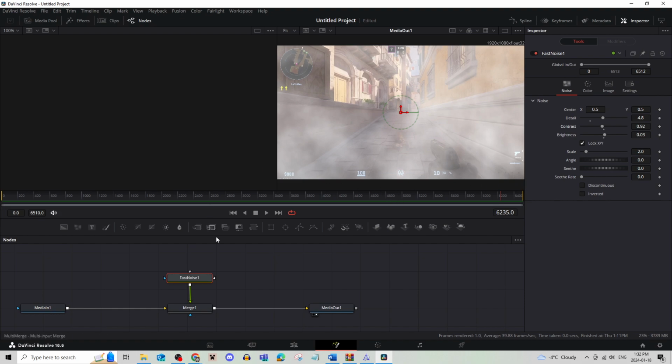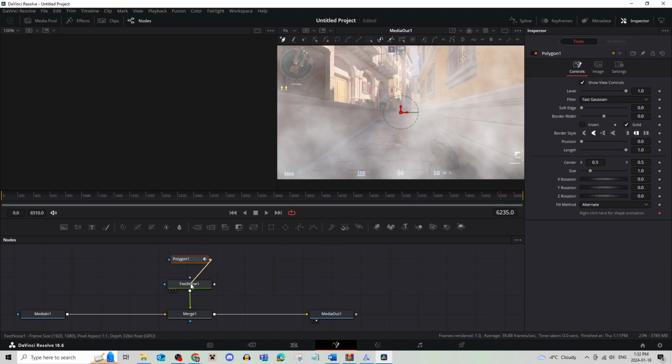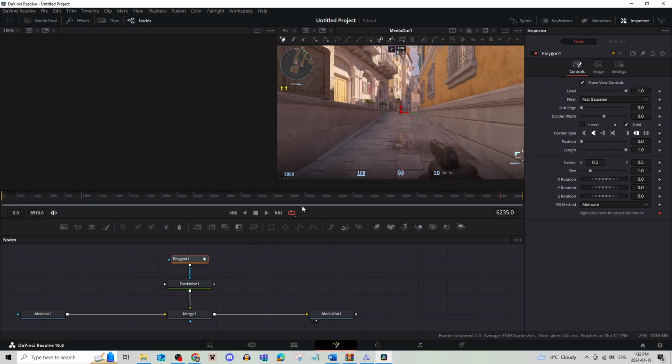Now what you're going to do is click on the Polygon and drag it over and just connect it to the Fast Noise, because you're going to mask